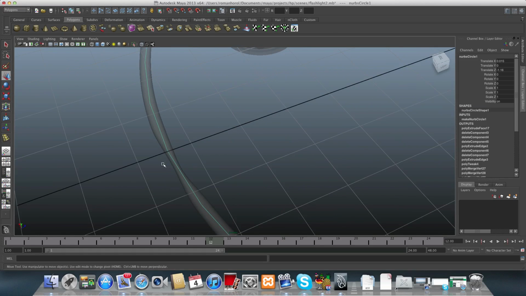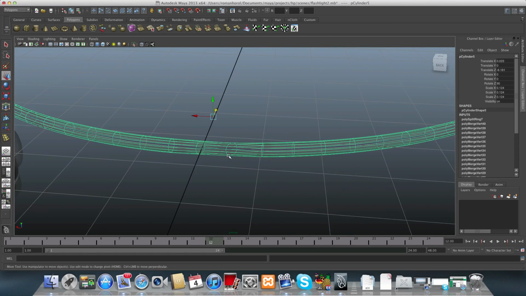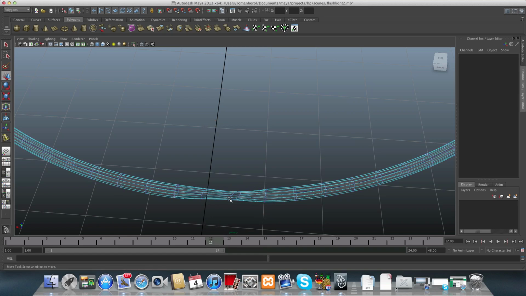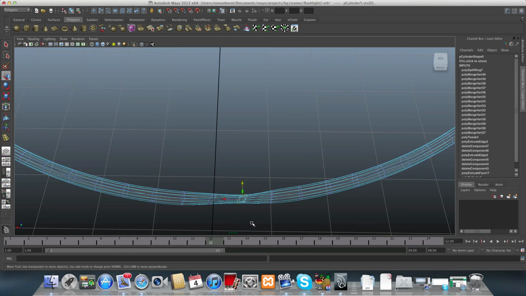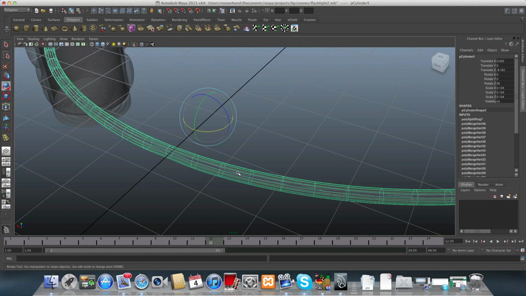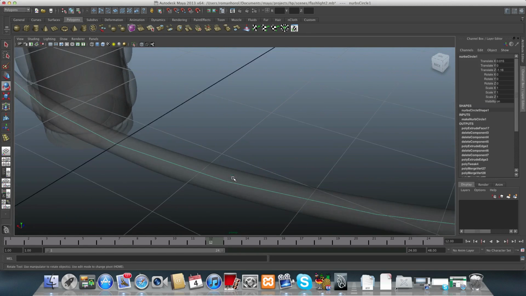So, we have a little bit of a problem here. It seems that this area is not really in the same direction as most of those. So I will rotate this and this one also. Okay, and let's bring it back to the curve. Now